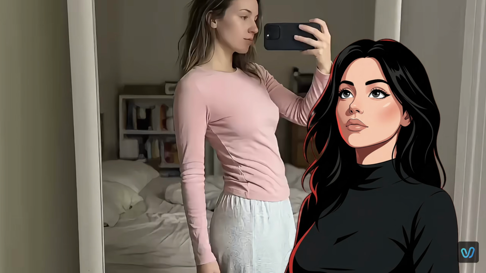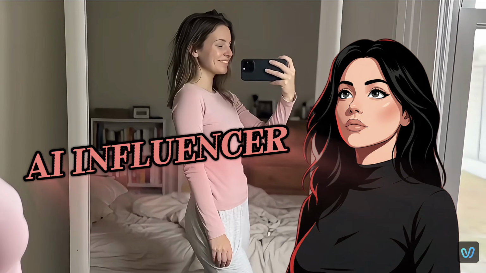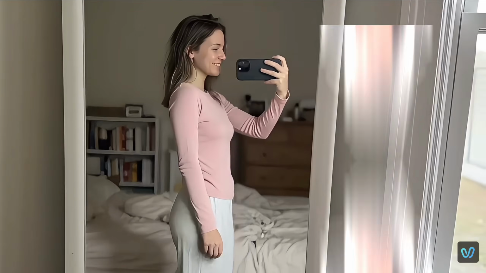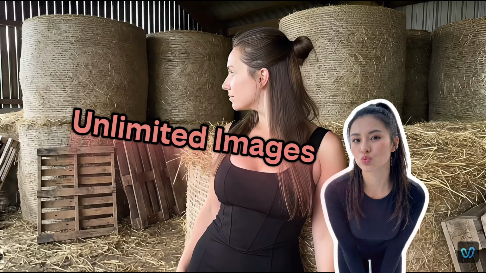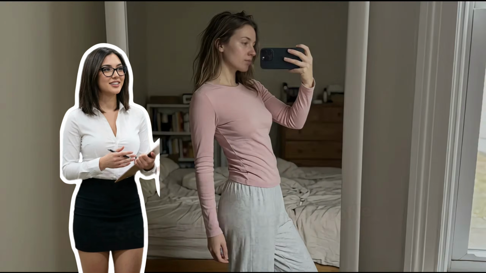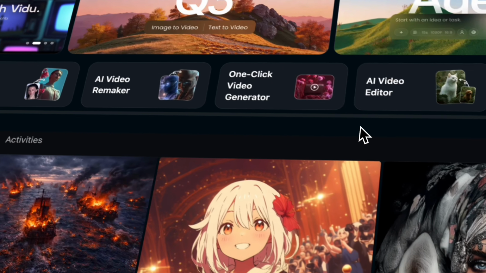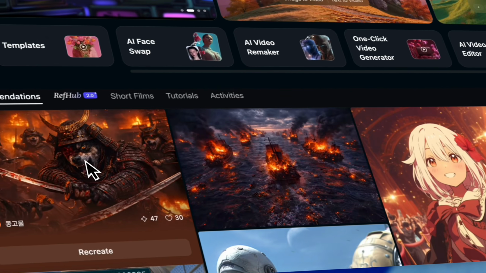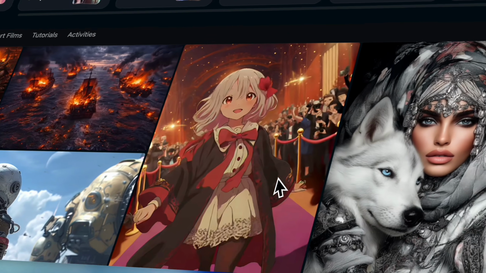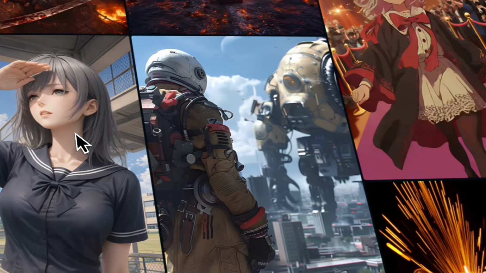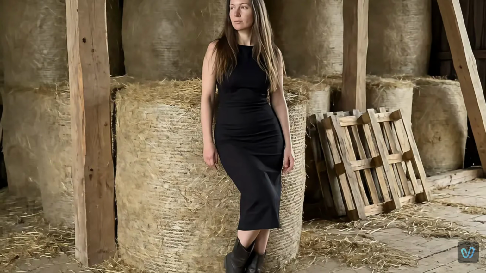Friends, what if you could create your own AI influencer in just a few seconds and generate unlimited images using the same character? And not just that, you could even build your own social media page or website around it. Sounds crazy, right? Well, today, we're going to explore Vidu, a powerful tool that can turn simple text into stunning images and videos. So let's dive in and see how you can create your own AI influencer and completely change